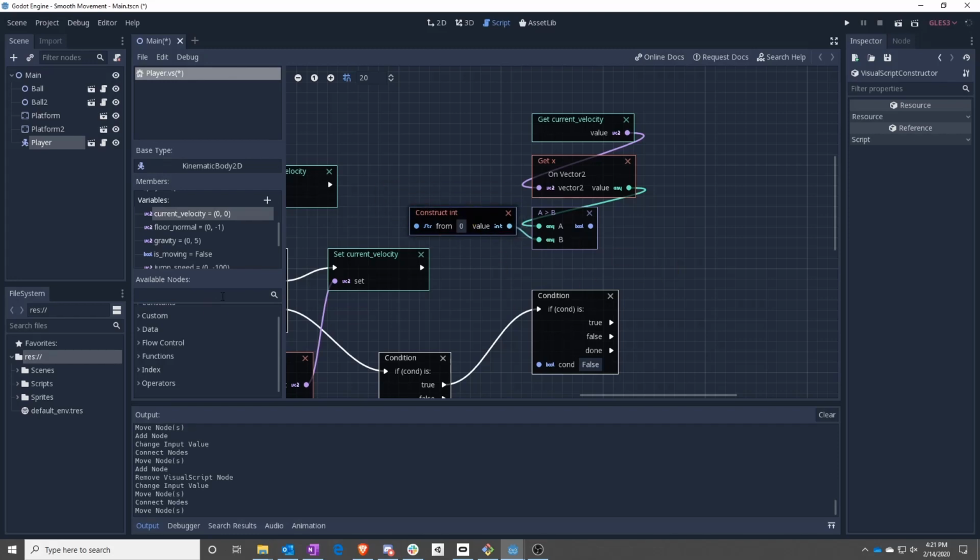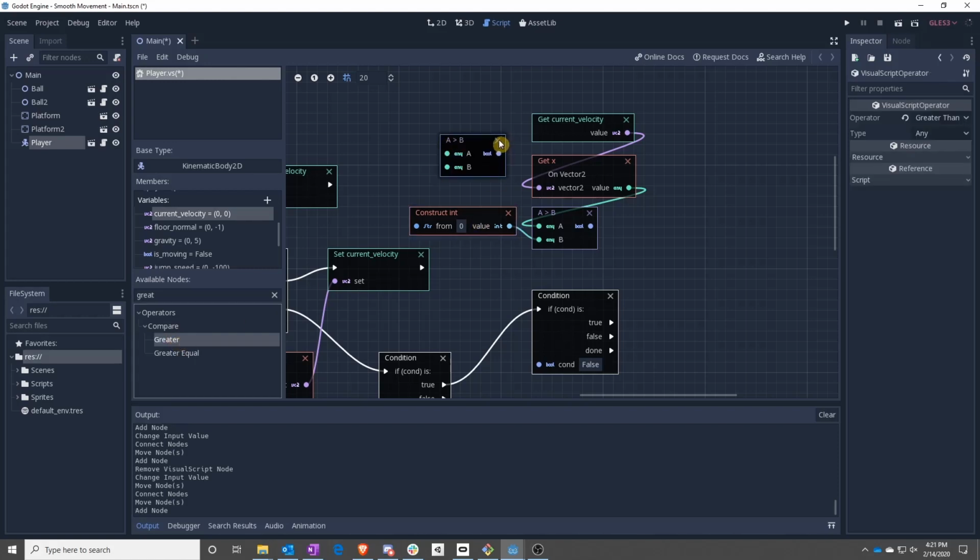So if it is greater than, because I don't think you can enter those, greater than 0,